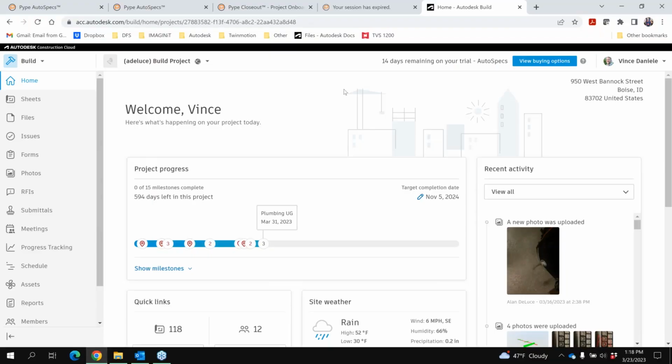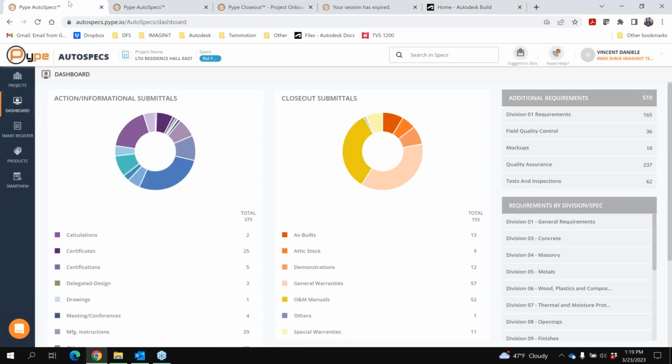So I want to highlight this workflow, how these tools connect. We're not going to go through all of the different modules of Build. Obviously, we have a focus on the operations bundle. Most of that has to do with the exchange of information from the spec to the submittal, and really where that starts. If I jump to my first tab here, with Pype AutoSpec,